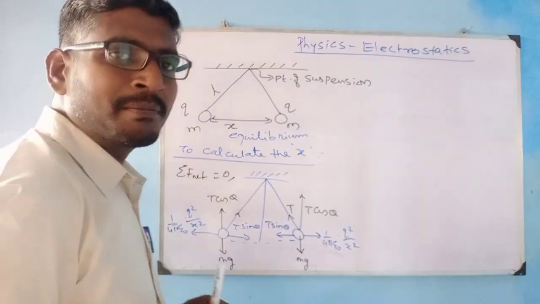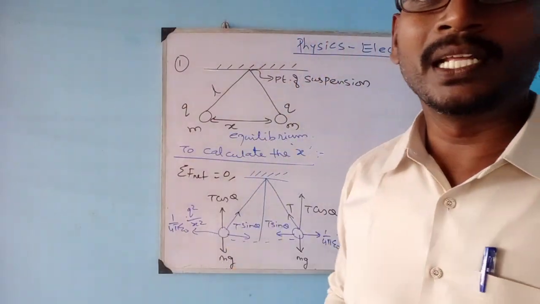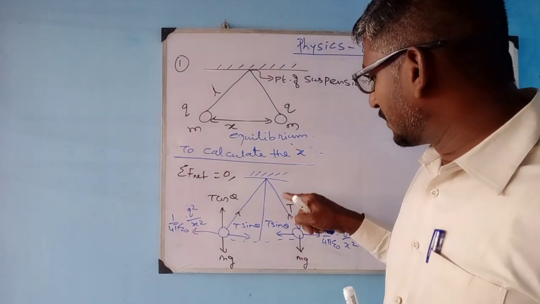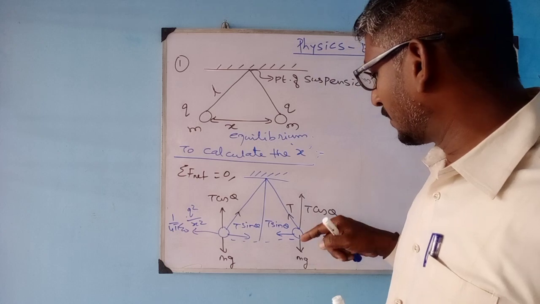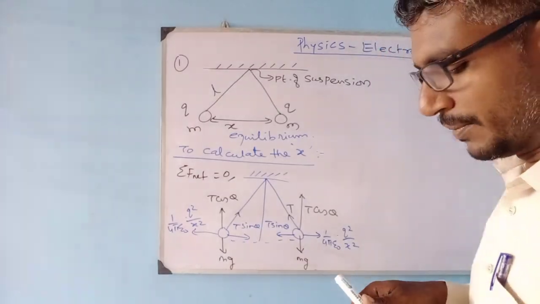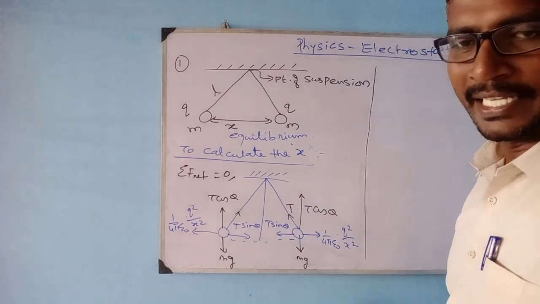These are the primary things that you should know when they are in equilibrium, and you should also know how to calculate the tension forces, the cos theta, sin theta, and the opposite. Now what you have to do is put this in equation format and derive the distance x.